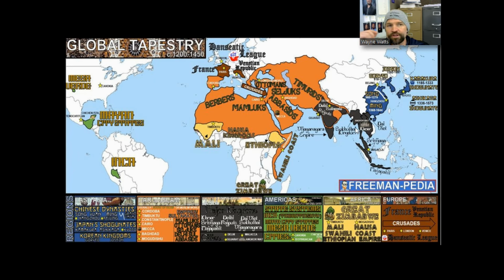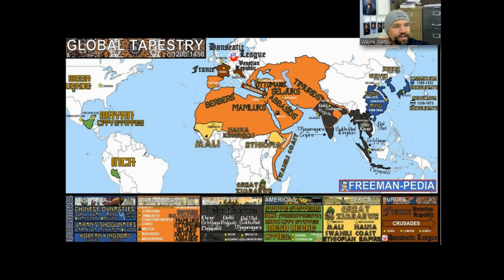Or another way that we could contextualize it is to talk about what's going on in the rest of the world at the same time. So that's what looking at this map allows us to do, right? We notice China, of course, has several dynasties in this time period, the Song, and then the Song dynasty gets totally devastated by, wait for it, the Mongols. And then the Mongols create the Yuan dynasty. And then when the Chinese finally reassert Chinese rule over China, they're going to create the Ming dynasty, and that's going to take us beyond this time period.